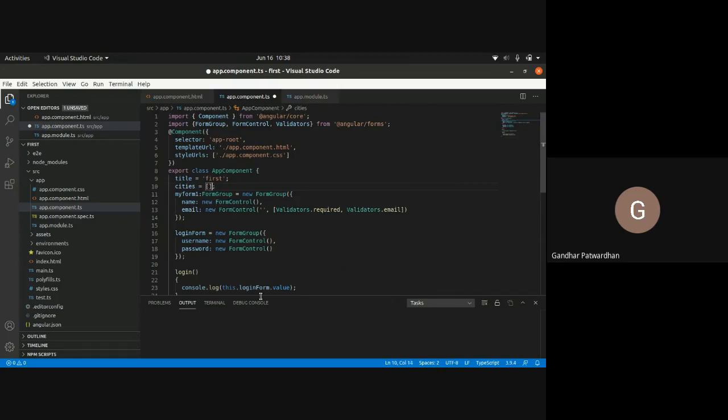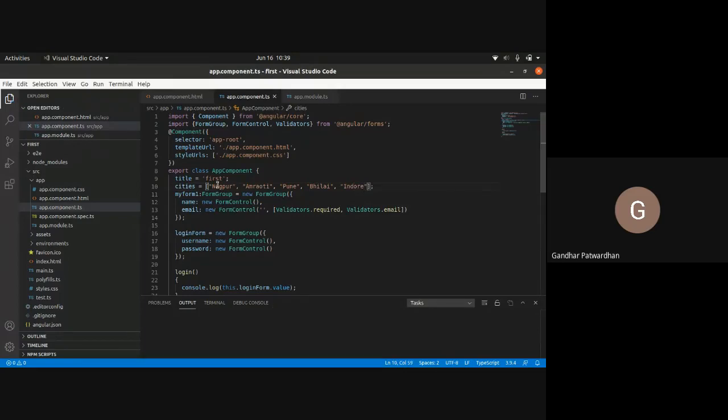In my array of strings, I'll have Nagpur, then Amravati, then maybe Pune, then maybe Bhilai, and maybe Indore. So these are the cities which we have here.